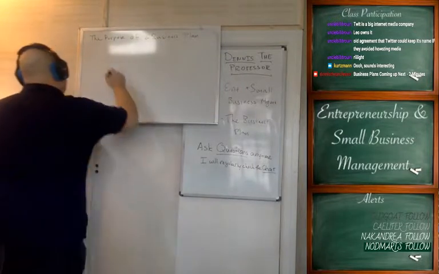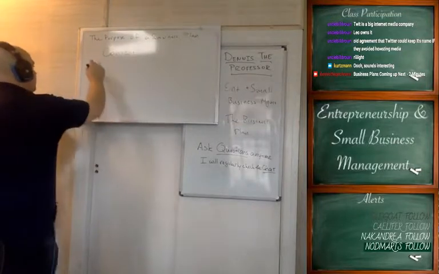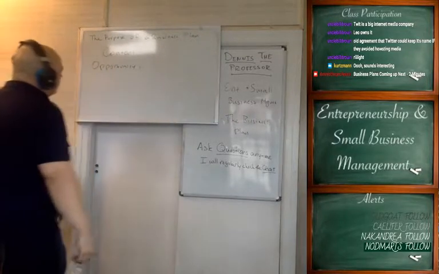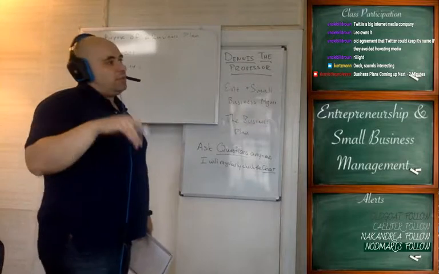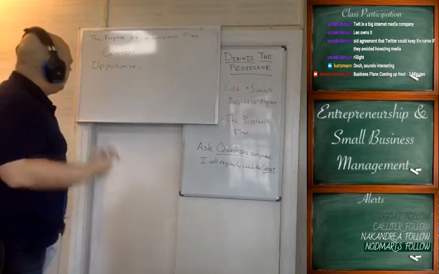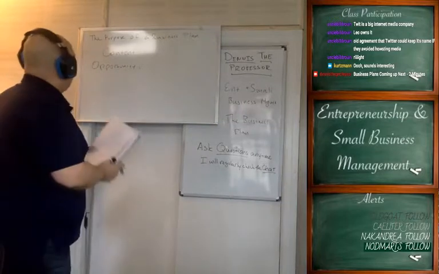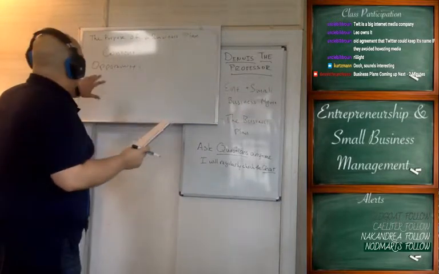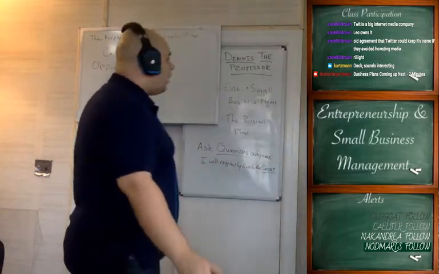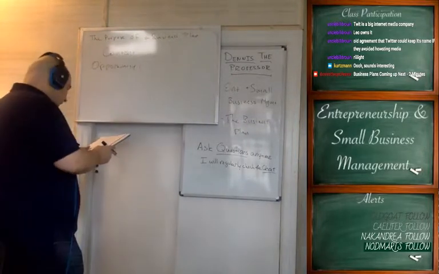So what's the general content of a business plan? First you want to talk about the opportunity. This is in no particular order; consider it a broad spectrum, and we'll talk about specific pages and parts of a business plan if you wish to write one on your own, or ones you should look for if you're evaluating someone else's business plan. But specifically, you want to talk about the opportunity. So why is there an opportunity? Is it increasing technology? Is it a lower cost? Is it a faster way of doing something? Is it a cheaper product? Is it a better product? Are you solving some new need?